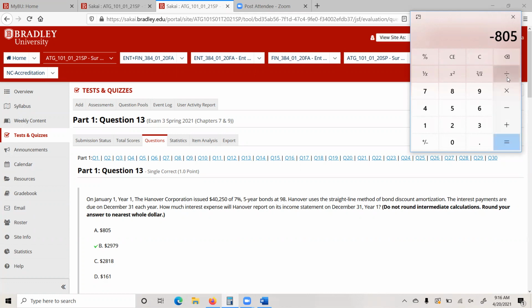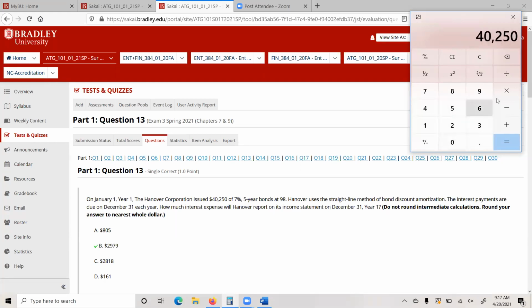So that amortization is going to happen over a 5-year period per the problem at the rate of $161. So our interest would be $161 plus whatever interest is going to be actually paid to the bondholders. And that interest payment, and it is paid annually,